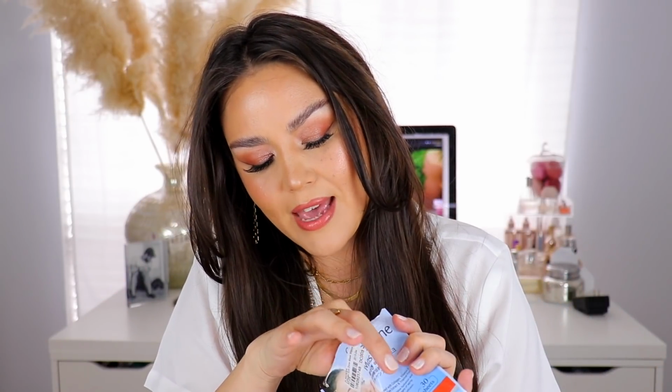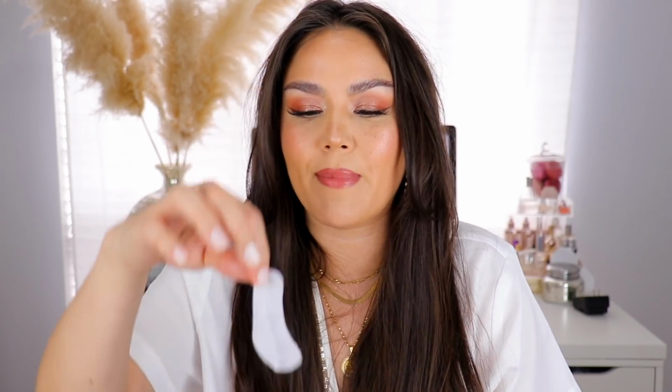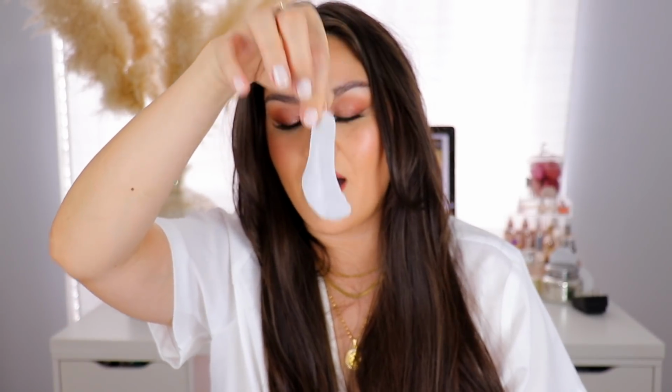These aren't hydrogel masks though. These are just super thin cotton masks. So you can wear these right under your sunglasses. Nobody would ever know as long as you're wearing bigger frames. So these are just thin cotton ones, but they're still nice and juicy, just not as juicy as a good